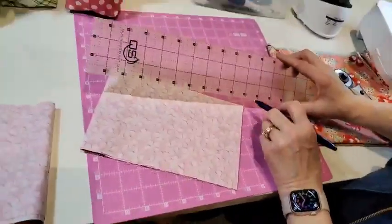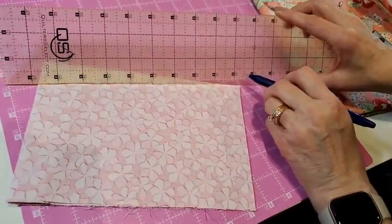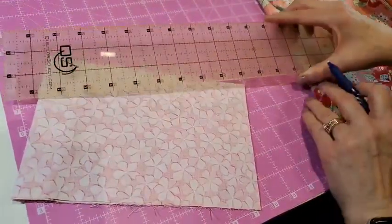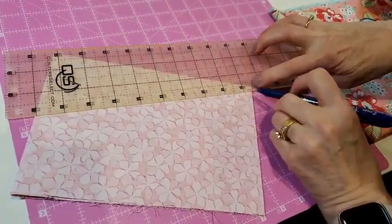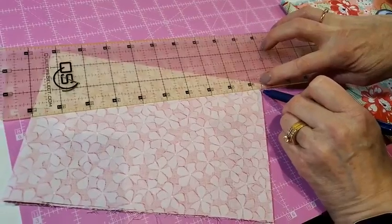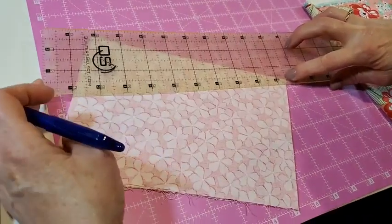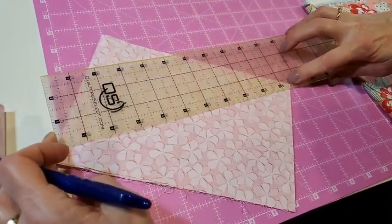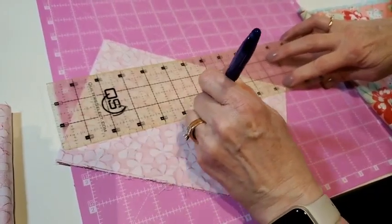I'm going to find my 1/4 inch line that's on my ruler right here, and I'm going to lay that right on the point. Right there. See how it's on the point of my fabric? So therefore, I'm a 1/4 inch in for my seam allowance there. So I want to make sure that stays there, and then I'm going to simply pivot my ruler till I get to that point, to the dot that we drew. And then we can